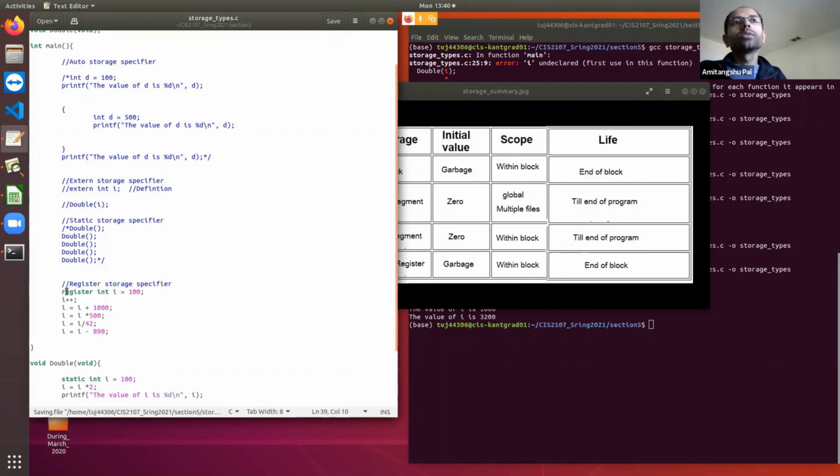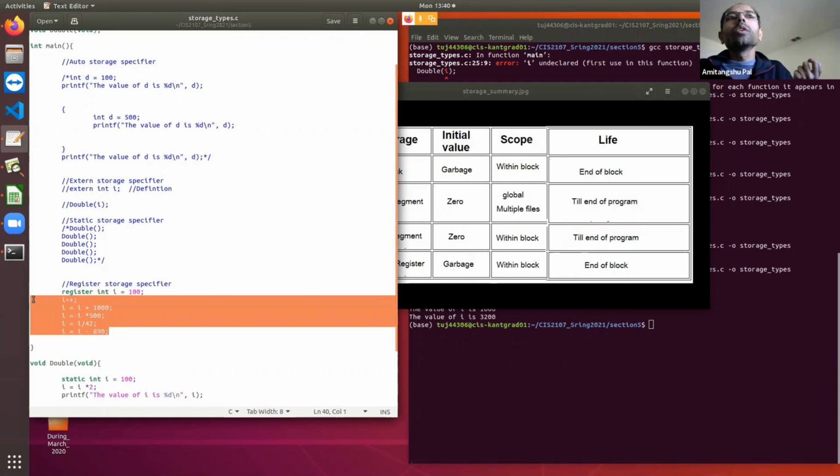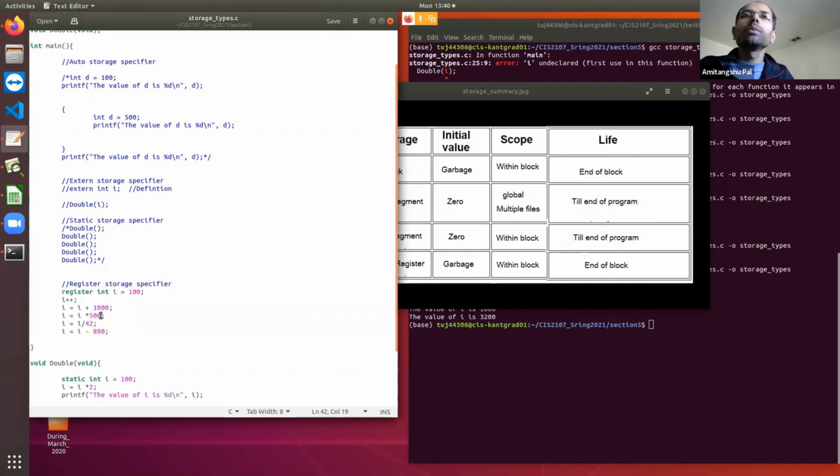You will see register is also a valid keyword. That's how it is giving the green signal. All right. So in that case, as I said, if there is a vacant register, then only it will be stored inside the register. So you do not need to go back and forth to the memory. Otherwise, it will be stored in the memory, so it will be used as a normal variable.